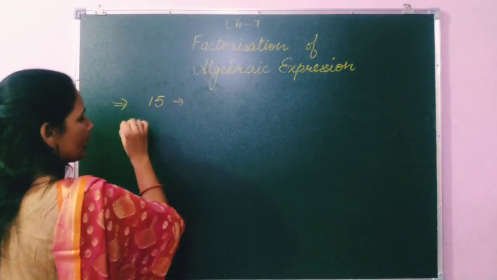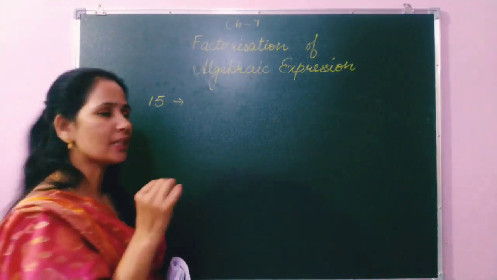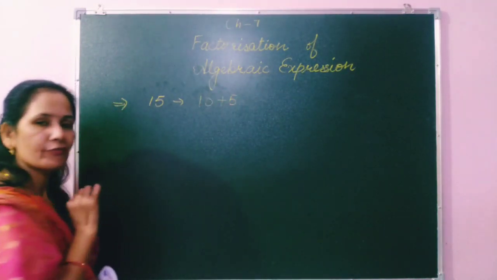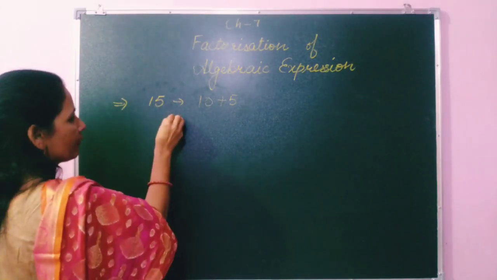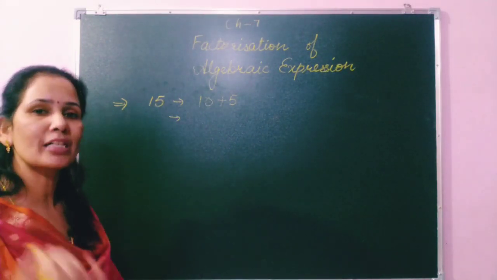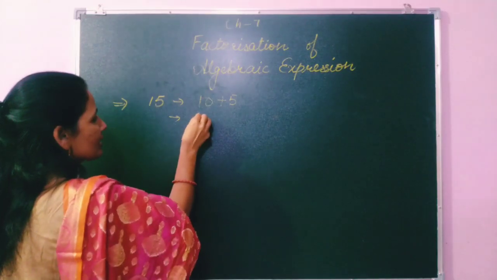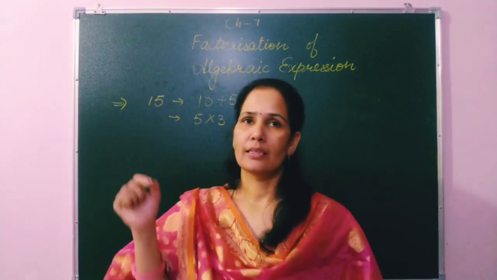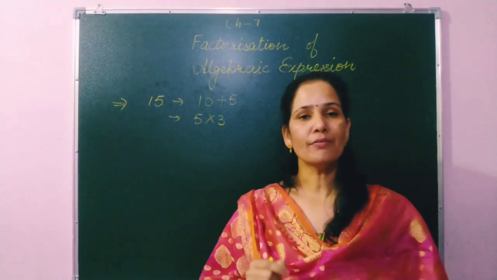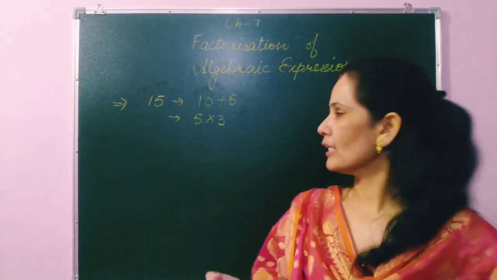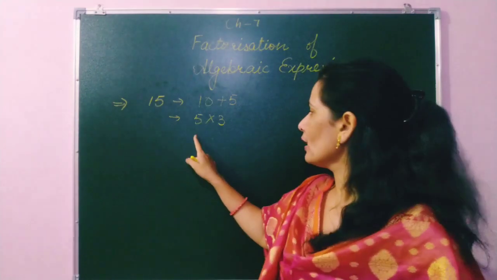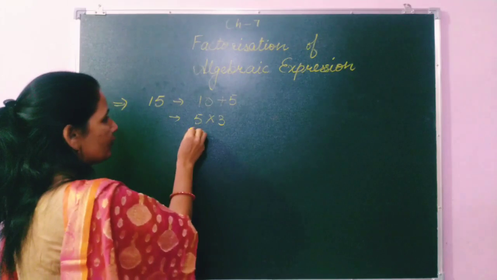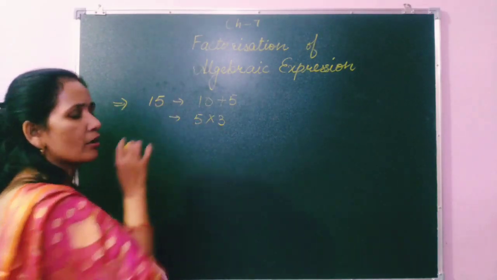First, in the case of addition, I can write 15 as 10 plus 5. 10 plus 5 means 15. In another way, I can write the factors in the case of multiplication, by the product: 5 threes are 15. So students, in the first case, we can say 15 is the sum of 10 and 5. And in the other case, we can say 15 is the product of 5 and 3. So students, here the factors of 15 are 5 and 3. So this is called the factor.